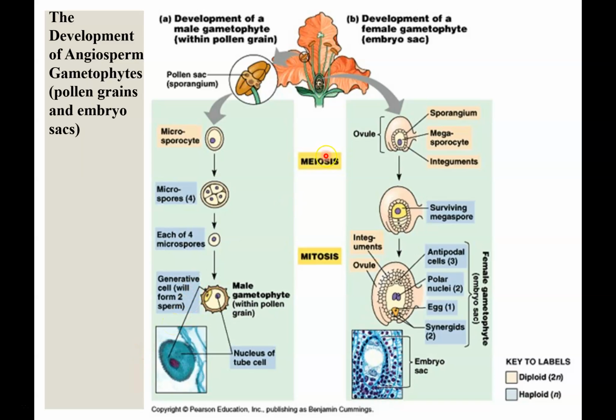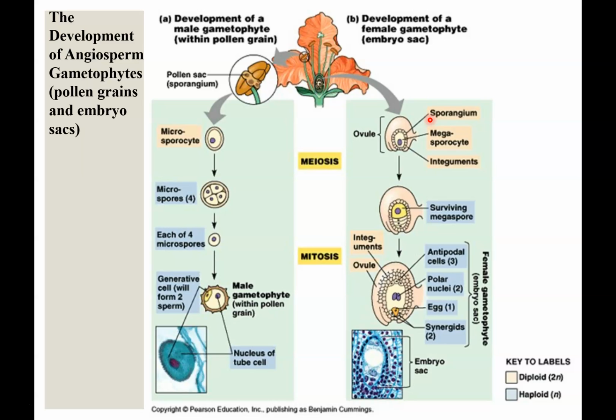Now, if we look on the right side, we're going to see the development of the female gametophyte or the embryonic sac. The embryo sac develops within an ovule, itself enclosed by the ovary at the base of a carpel. So I repeat again, the embryo sac develops within an ovule, itself enclosed by the ovary at the base of a carpel. And carpels are the divisions in the ovary where all these ovules are going to be contained. So starting on the cycle here, what happened first is that within the ovules,